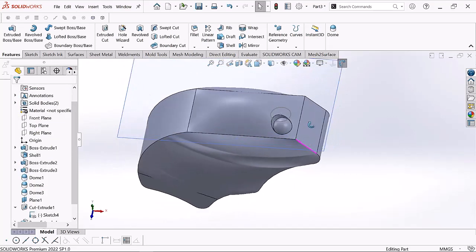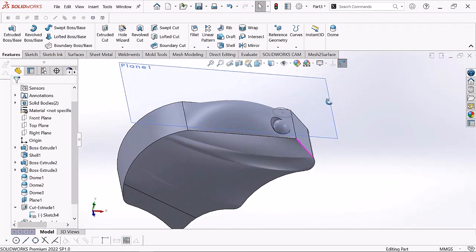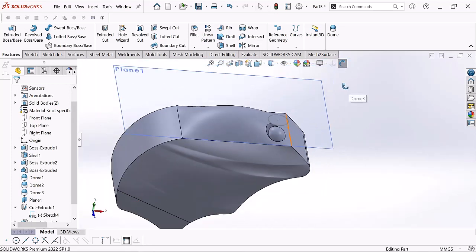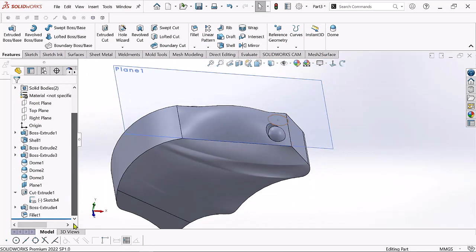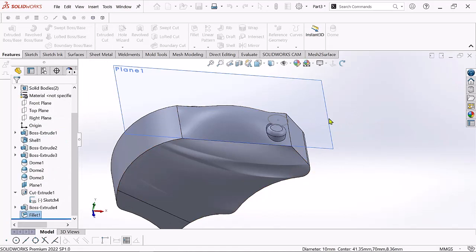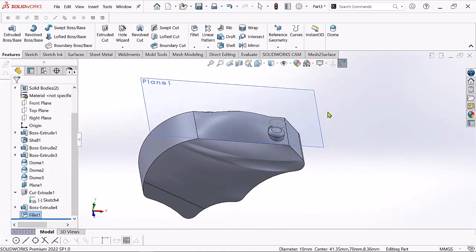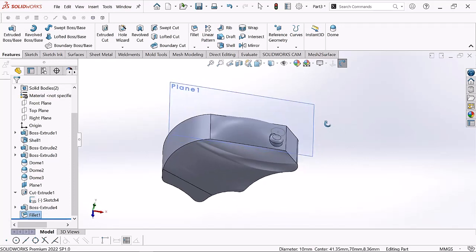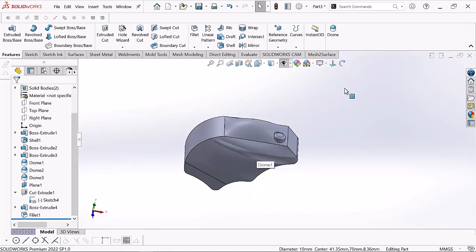Sorry, 5 millimeter is too big, so we should change this. Again go to this fillet and click edit feature. I will keep this 2 millimeter. Click enter. Yes, and just click OK. 2 millimeter is better. Yes. Now just click this. Now see,